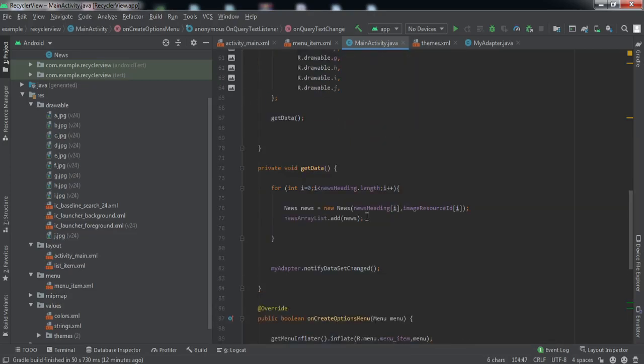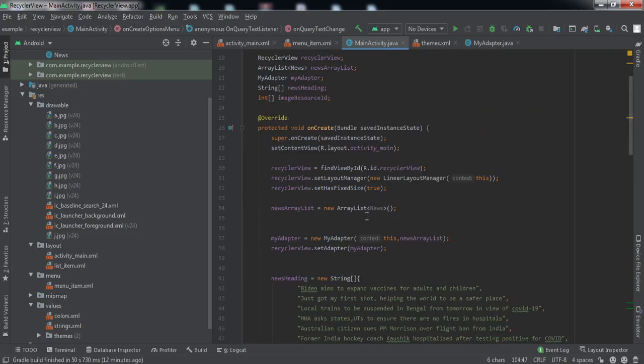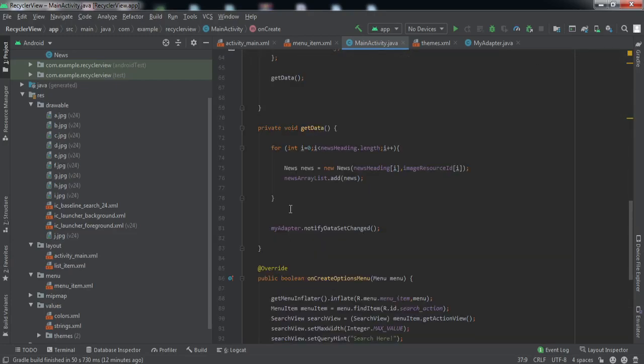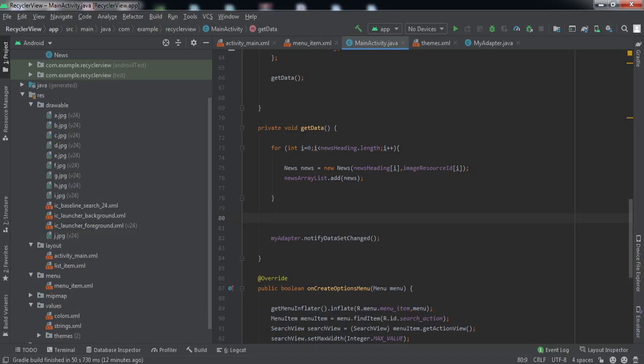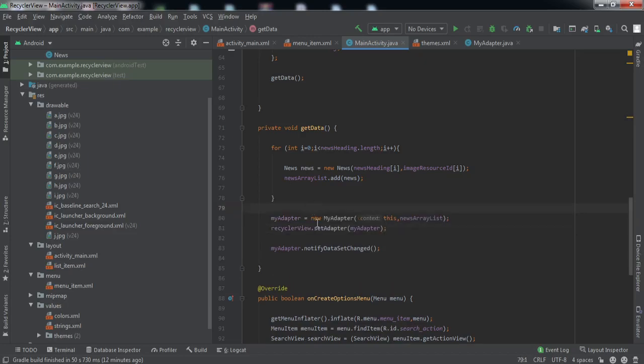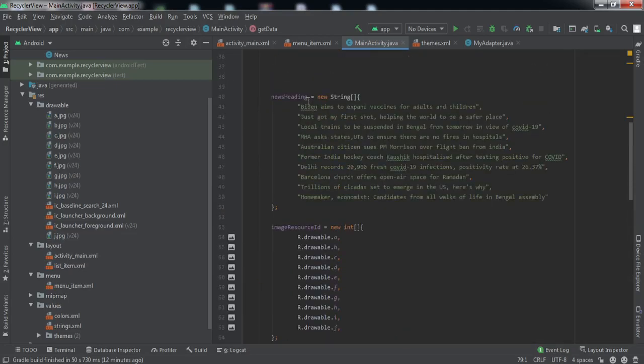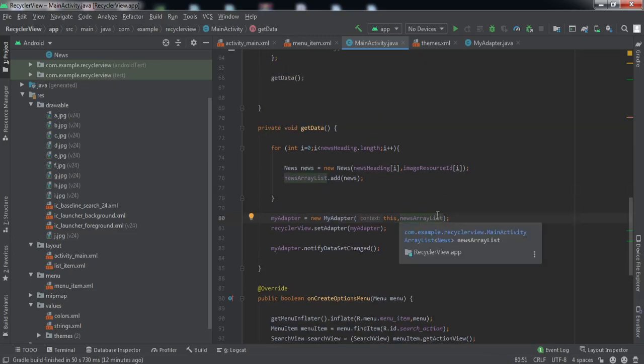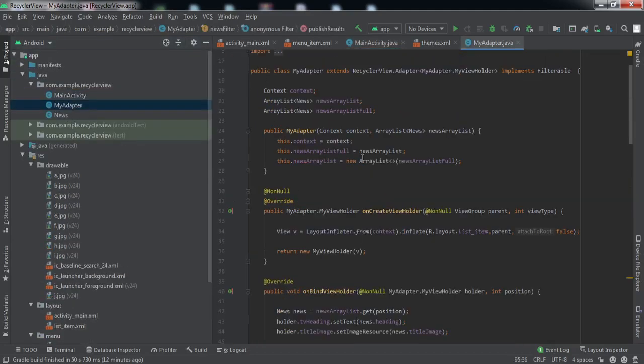And if you are following my last video, then one more thing you need to do here is cut this out. I'll explain why, and paste it here. So why are we doing so? Because this particular method will be called after these methods, right, where we have written this. So whenever we create an adapter object, right, this news array list will pass the empty news array list. So an empty news array list will be set to the full array list. Okay, let me just explain here.